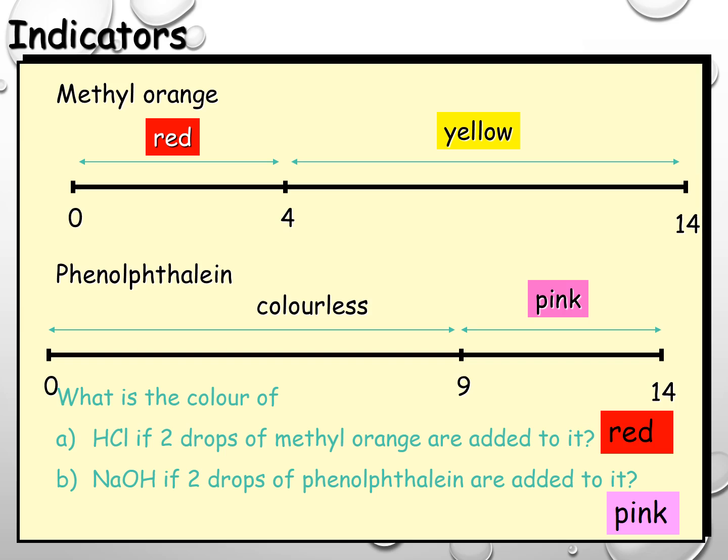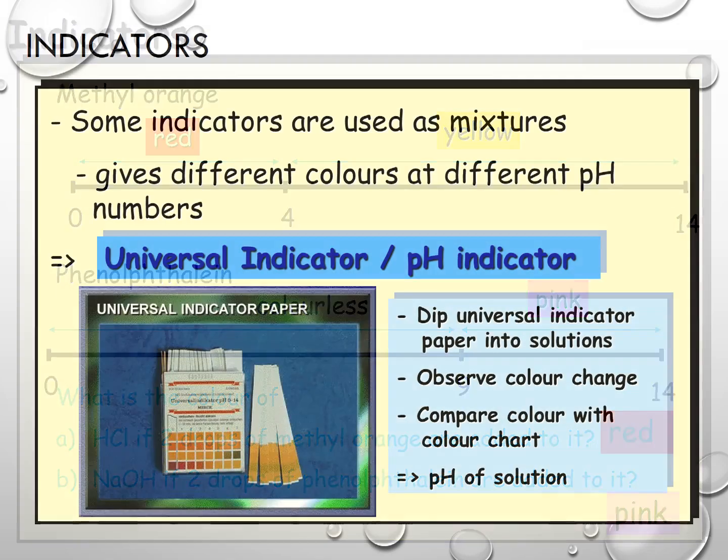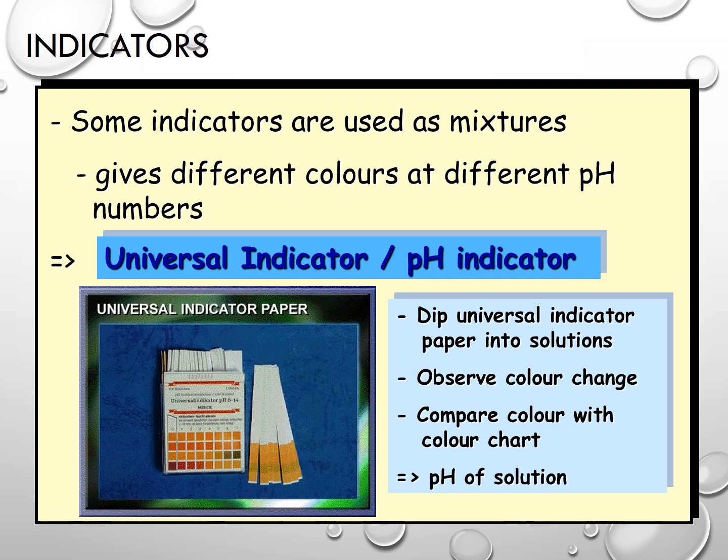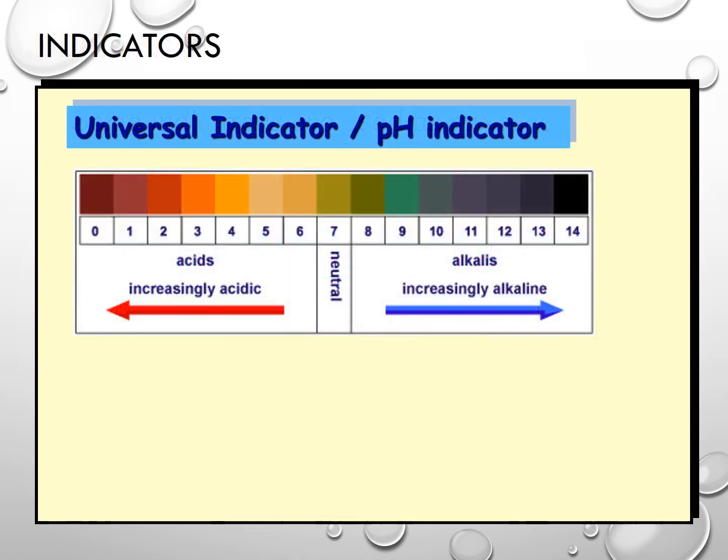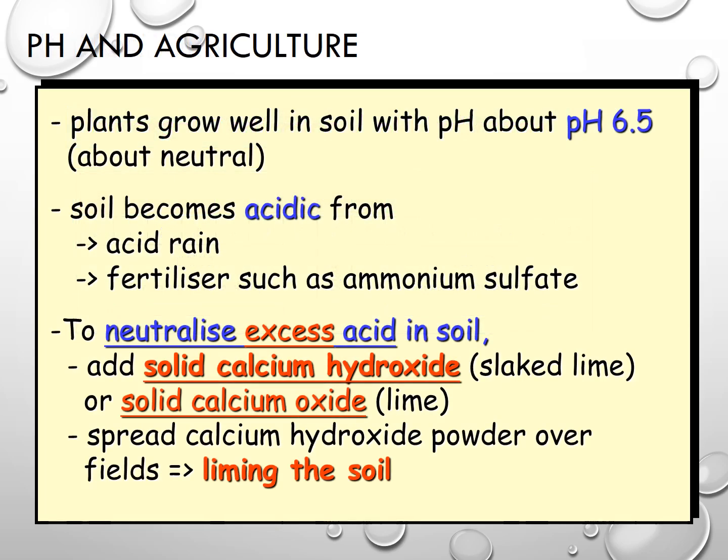In agriculture, soil pH is very important. Most crops grow best in soil with a pH close to 6.5. Acidic soils can be treated by adding lime, which contains calcium oxide or calcium hydroxide. This process is known as liming. To conclude, acids, bases, alkalis, and indicators play a vital role in